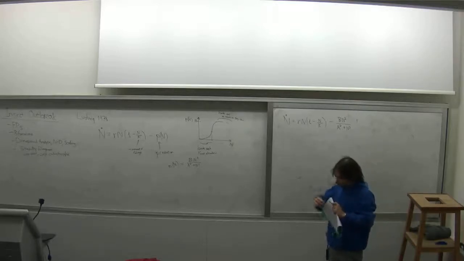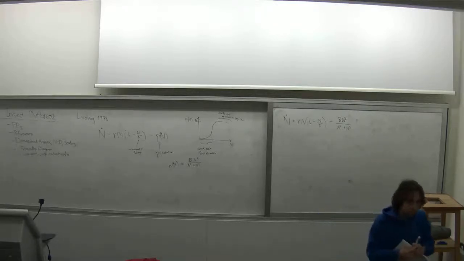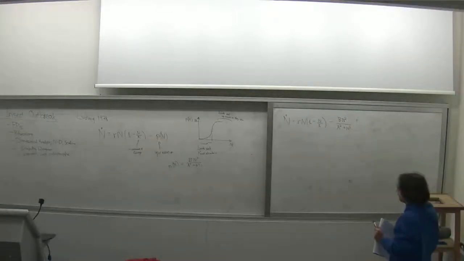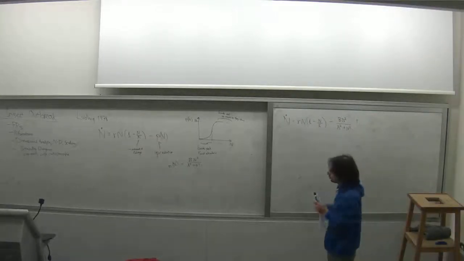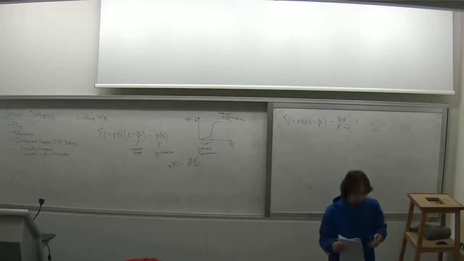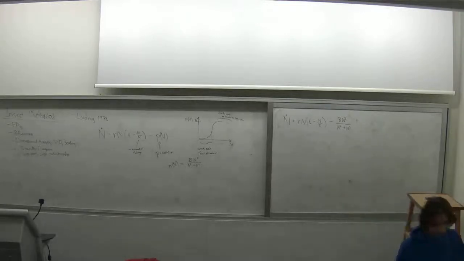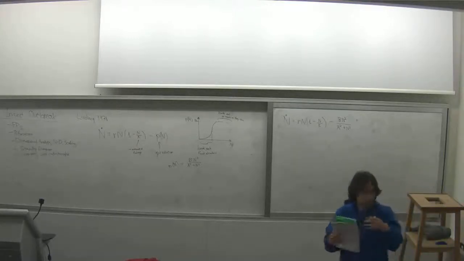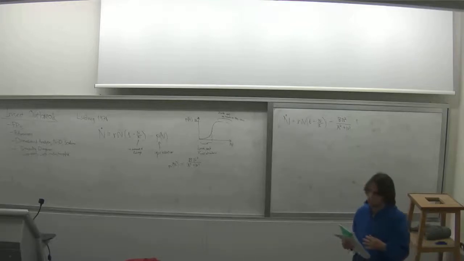And we would like to know under what conditions we have an outbreak of the population. So intuitively, an outbreak would occur when the population of the worms changes from a low value to a high value, but it's not really clear how to define these high and low values